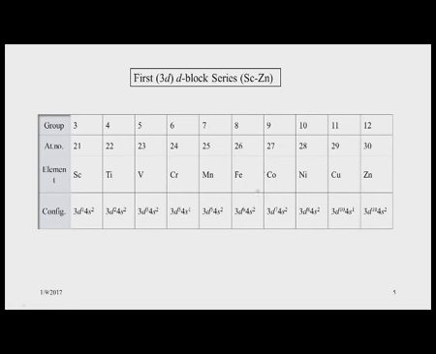Similarly, iron is 3d6 4s2. So, if we know the configuration, that means the positioning in the group, the corresponding atomic number also, we can find out. It is not that you have to memorize all these things, but you should know the atomic number, which is 26, by filling up the electrons from left to right from 21 to 30, where your position of iron and its electronic configuration is. So, if it is 3d6 4s2, so this iron